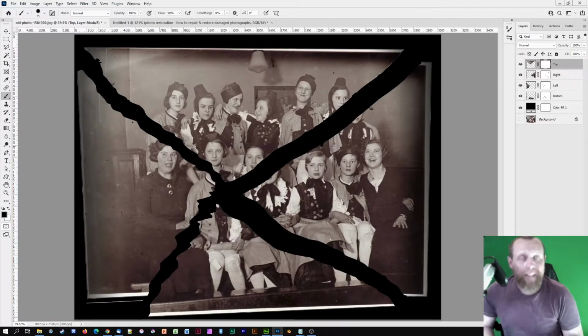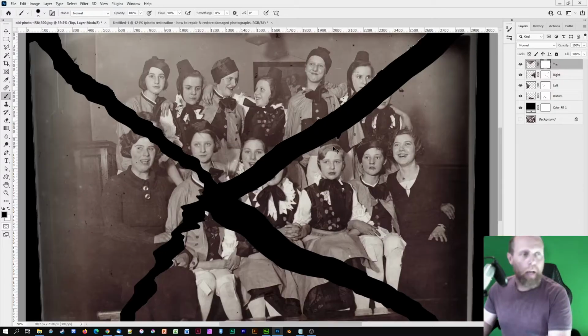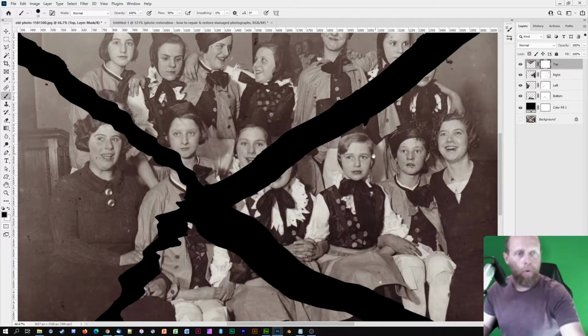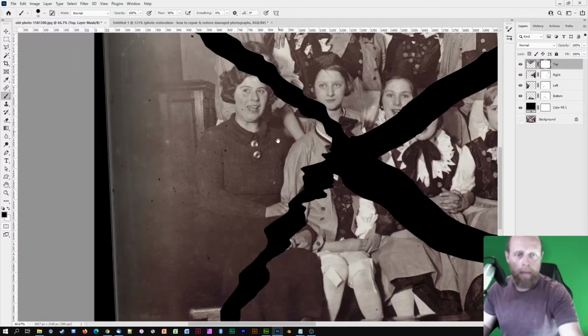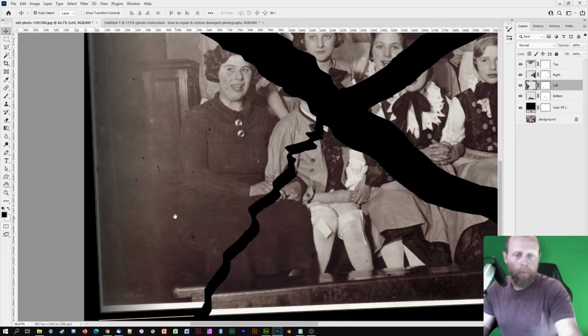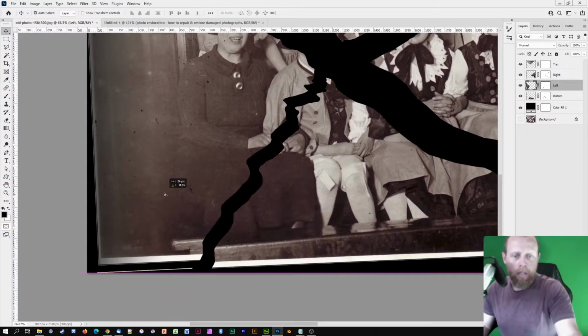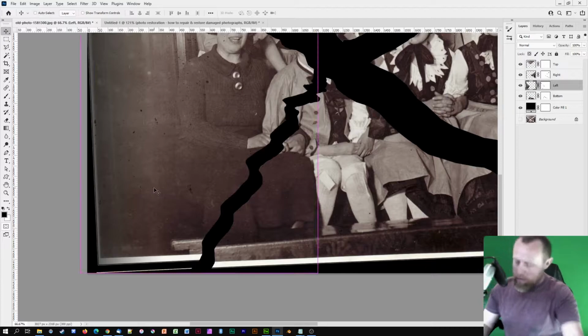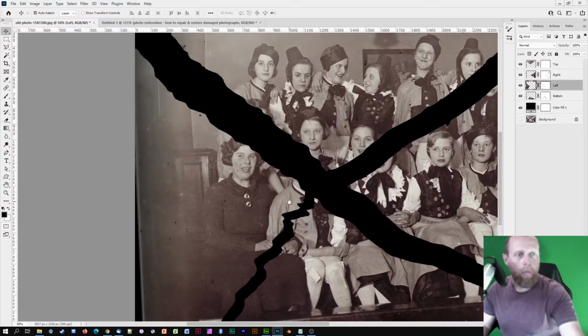Okay, so next we need to start bringing the pieces in alignment with each other and bring them together. And we can do this by, first of all, choosing a piece as a main reference. I think I might go for this one here. Fine, I'm going to use my Move tool. Just bring this down to, say, somewhere like here. Moving it a little out of the way of the other